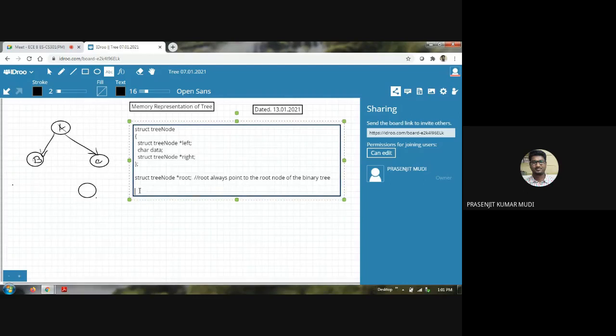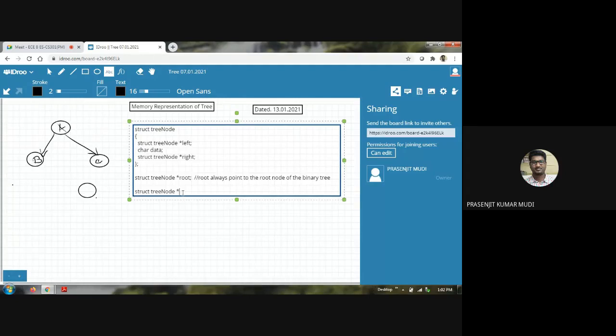How simple: you have to create a new node. How can we do that? If I start to implement the whole program, it will take a lot of time because the program is long, so I'm just showing you the key portions of the implementation.